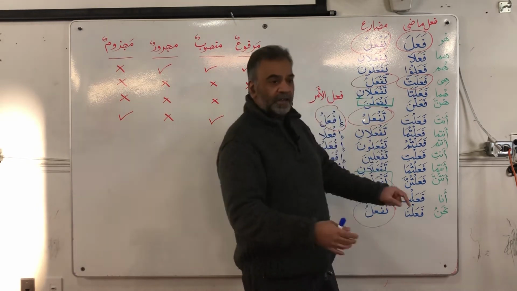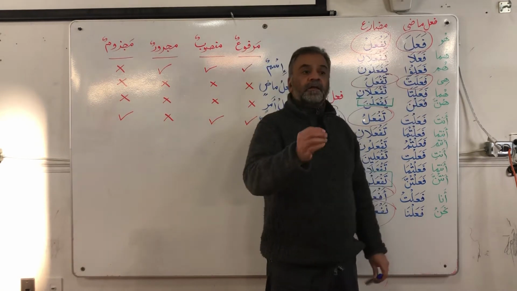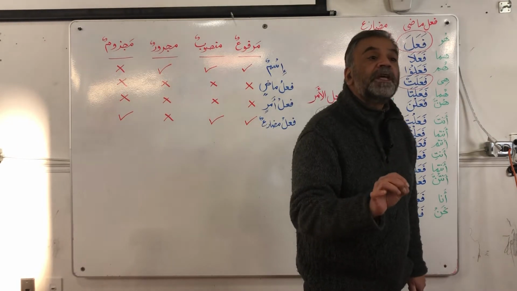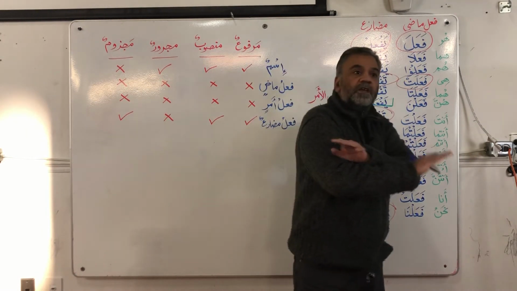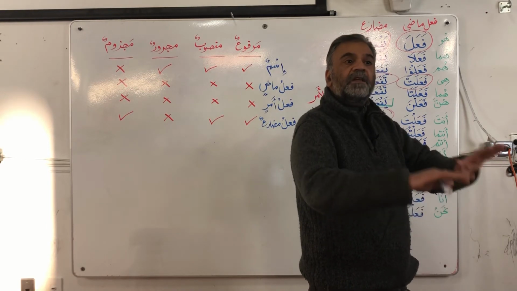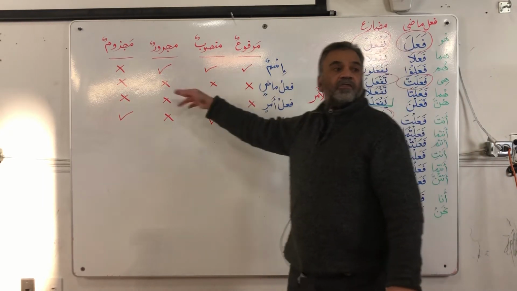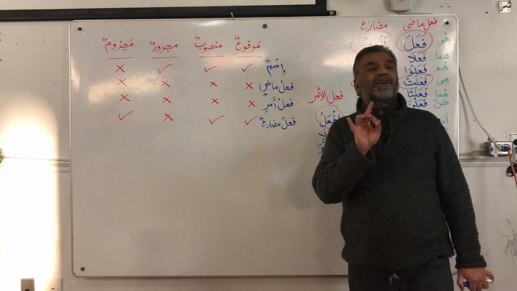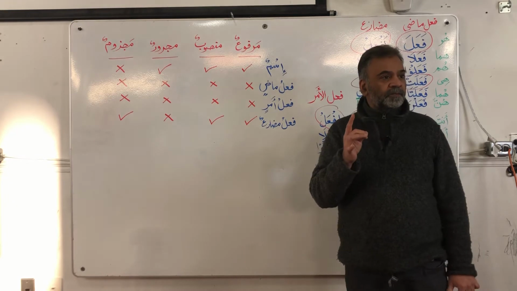I don't want to go ahead, but since you said it, fa'ala, the way we would grammatically say it is fa'ala, fi'lu madin, mabni ala fatah. That's it. Mabni. They are all mabni. We do not assign marfu, mansoob, majroor or majzoom grammatical value to the fi'l madi. So that's why we say cross, cross, cross, and cross for fi'l madi. Remember that. Okay. So why is it important? Because when we are reading the Quran, we do not want to confuse ourselves, right.